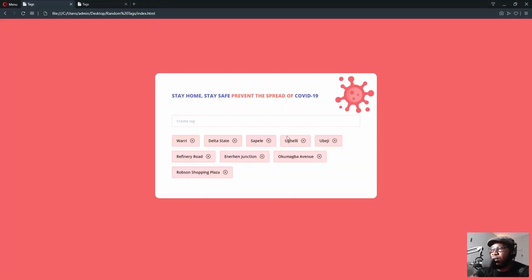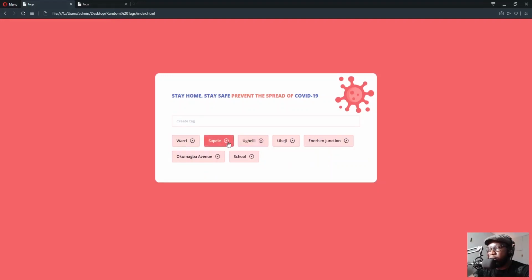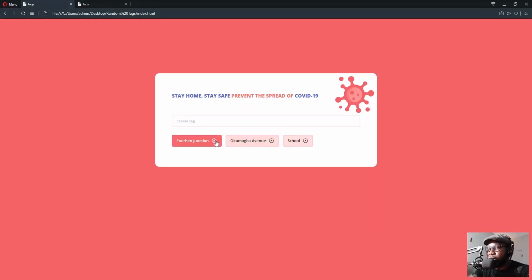So in this tutorial, we want to design a tag input UI for the screen here. Basically, we'll get this input field like this. If we just enter anything, maybe we type "school" and press enter, you see it will create a tag for me in this place here. If you click the X, it deletes the tag. If I type "Marvel Avengers" and click enter, it creates a new tag, and I can click on the X to delete it.